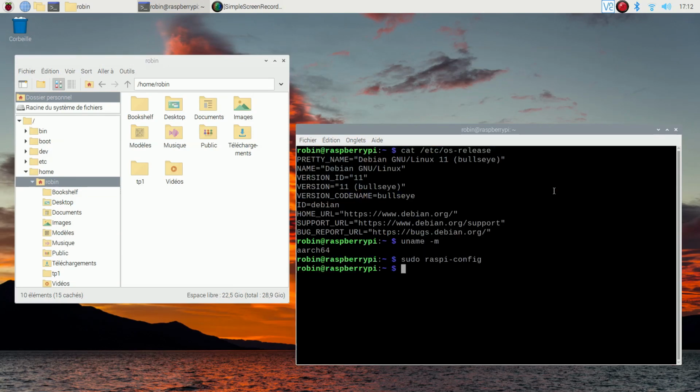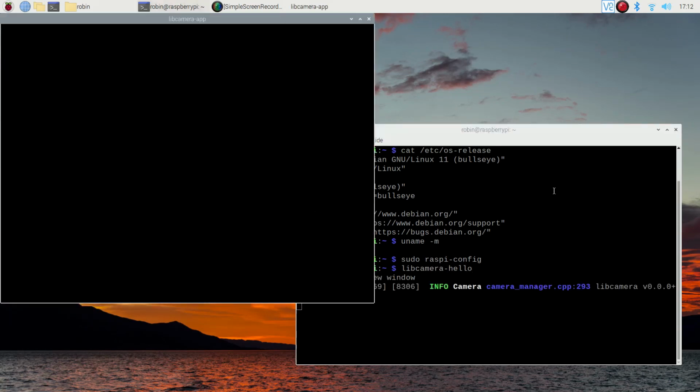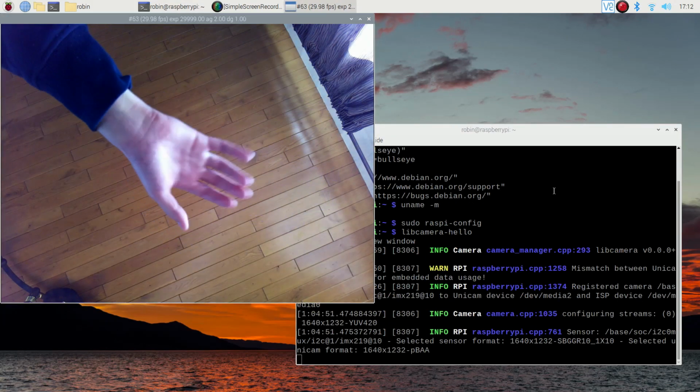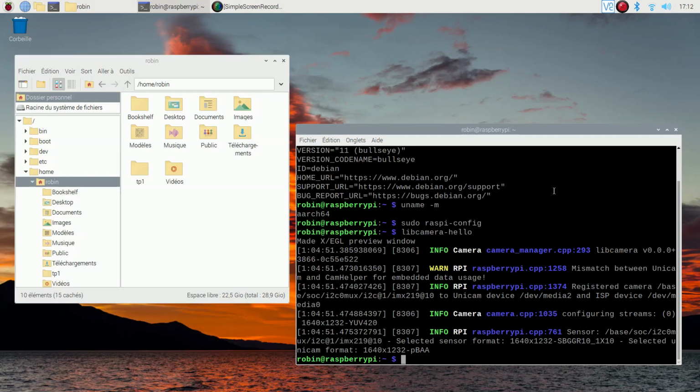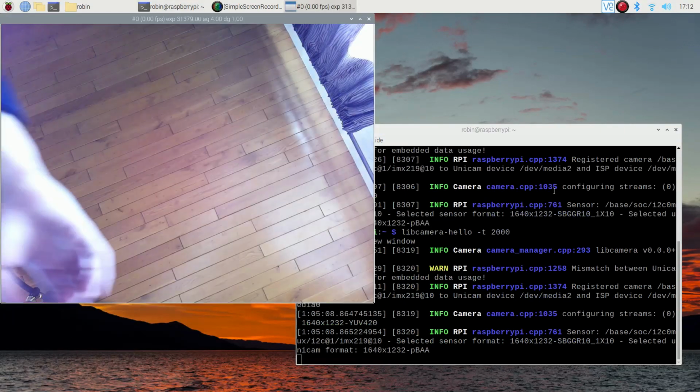And now I will show you how to open the camera. So we can write libcamera-hello, and if we run it, it will open the camera for 5 seconds. So you can see my hand here on the camera. But if you would like to change the time, you can write libcamera-hello space minus t space and specify the time in milliseconds. So if we write 2000, it will be for 2 seconds, and as you can see, it will be only